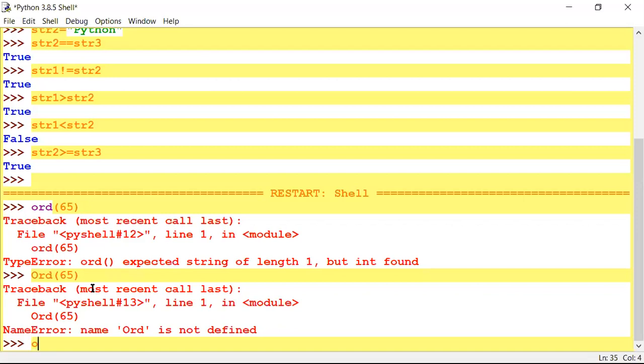I'm writing ORD with capital A. What will it display? It will display the value 65, not ORD with 65.